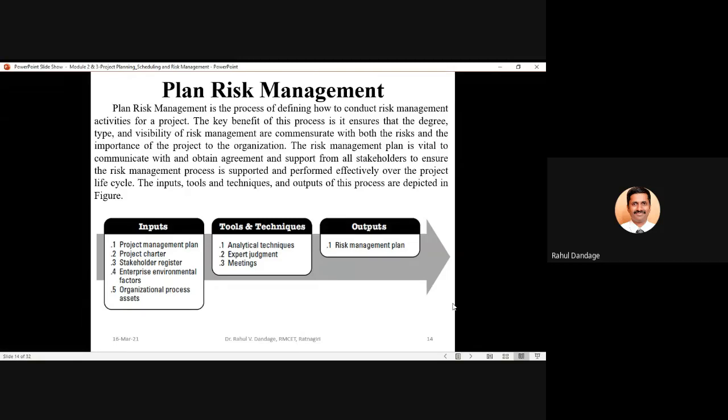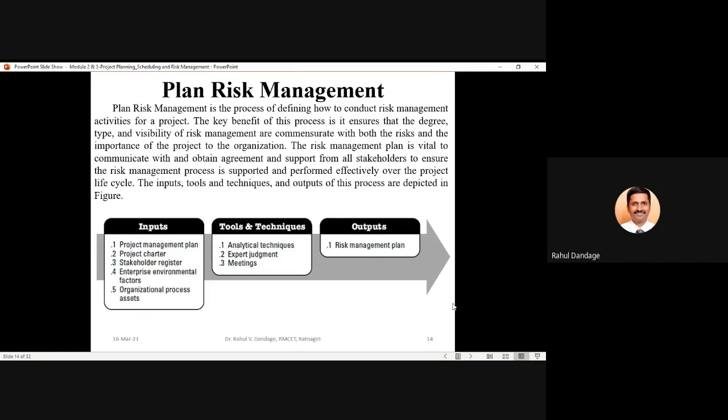The project charter helps to understand who is the project manager, what is the scope of your project, what is the title of the project, and overall information about the project. And the stakeholder register is needed because we want to take approval and support from all the stakeholders. So we should have the stakeholder register with their contact details, so that stakeholders can be communicated with.